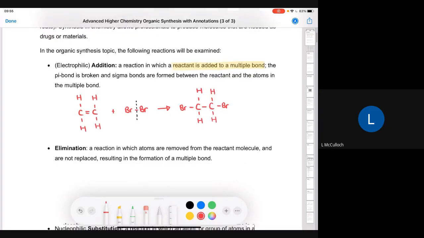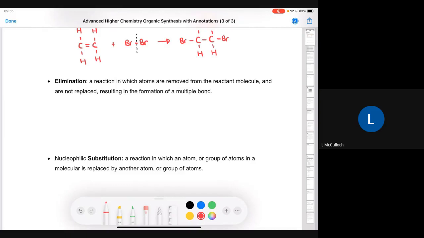Okay, our next reaction is an elimination reaction. An elimination reaction is probably not one that we've really mentioned all that much up to this point, but that's a reaction in which atoms are removed from the reactant molecule and are not replaced, which results in the formation of a multiple bond. So atoms are removed from the reactant molecule and we get the formation of a multiple bond. So if we look at a little example of that,